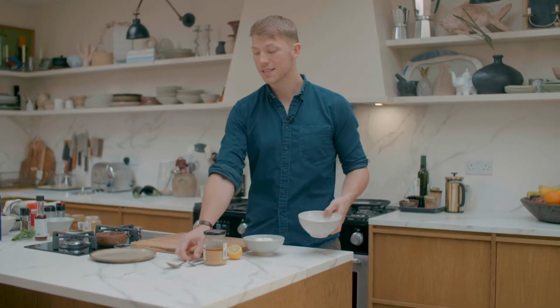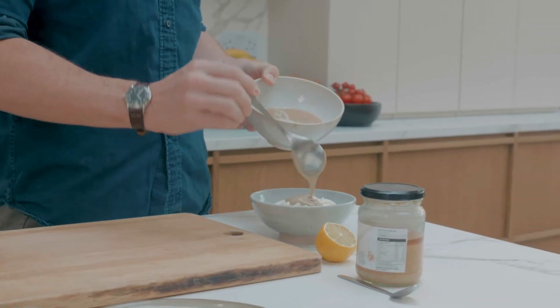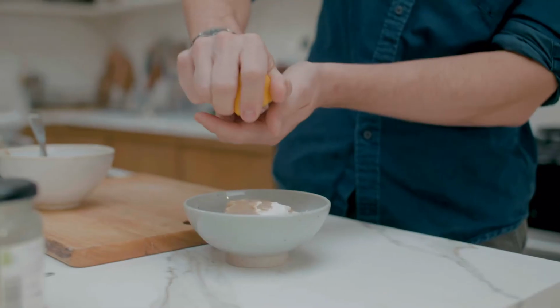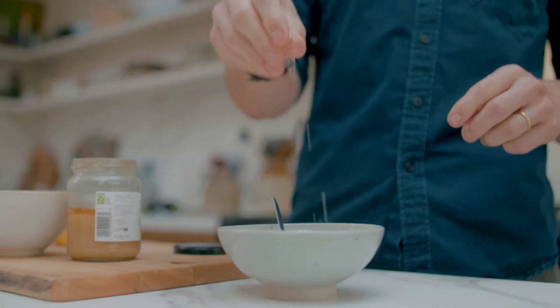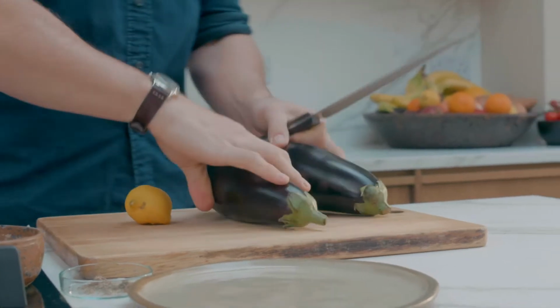So first up, I'm going to make the tahini yogurt. It's a really simple way of just pimping up your yogurt, basically. You're adding in the lovely nutty tahini, just a couple of spoons, 2 or 3 spoons. And then on top of that, a teaspoon of honey and some lemon juice as well, and then just mix that all together. So we're just going to set this aside for later and then bring in the aubergines and slice them up